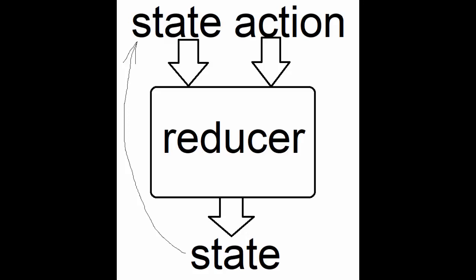A reducer is a function. There are two arguments, state and action, and there is one return. It is state. The state argument and the state output are copies. The argument is a copy of state. And action is an object that has a type of action and payload